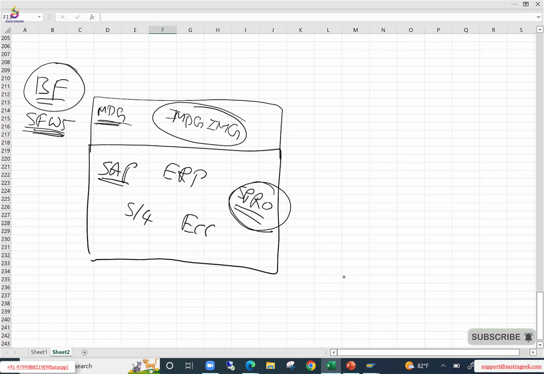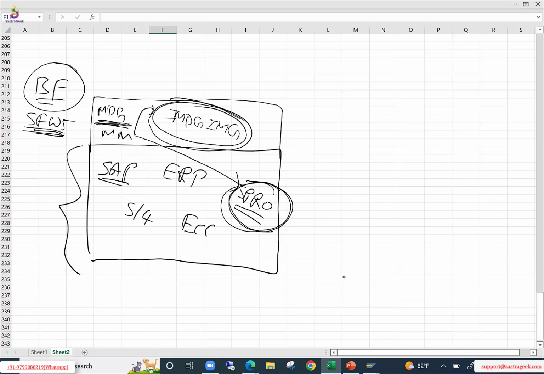But to create a material via my MDG layer, I need to have this configuration as well as this configuration, because when I'm creating a material master using MDG, it looks into my SPRO configuration and also into my MDG IMG, the MDG specific configuration. Both should be there. Without this system, you cannot install the MDG component. So it is very much